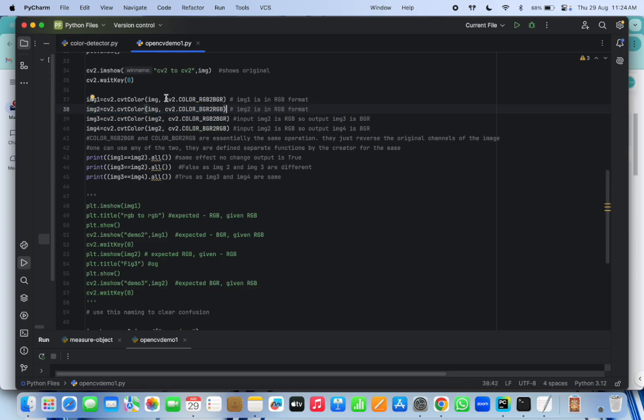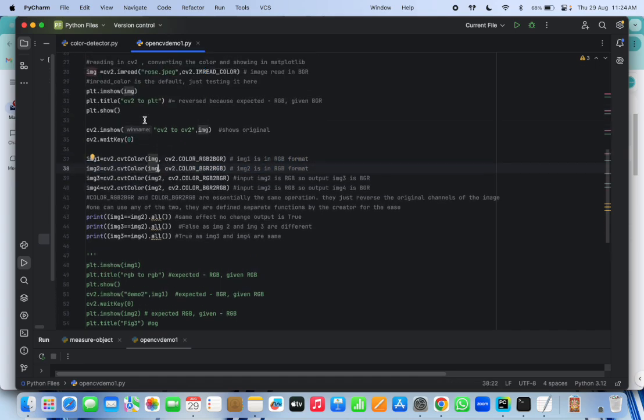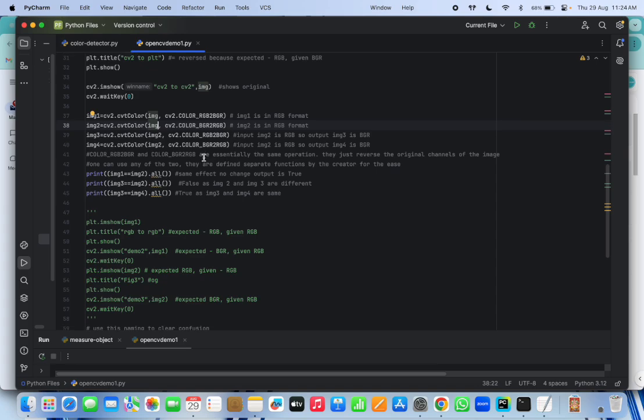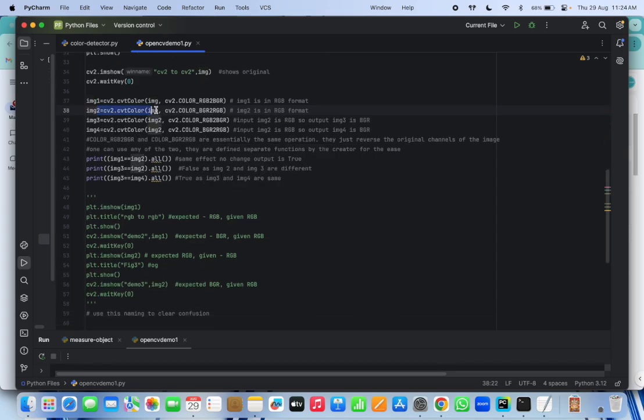It won't matter, both of them will give me the image in RGB format, because here the image is in BGR because I have read it through CV2. Okay, but once I convert it to RGB, I can use any of these functions to convert it back.